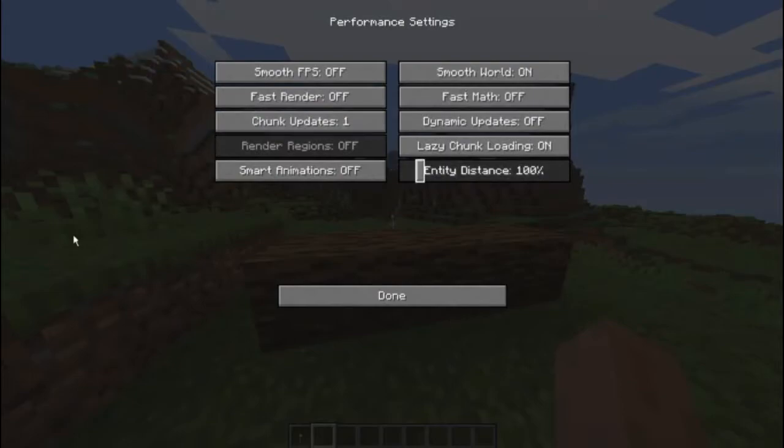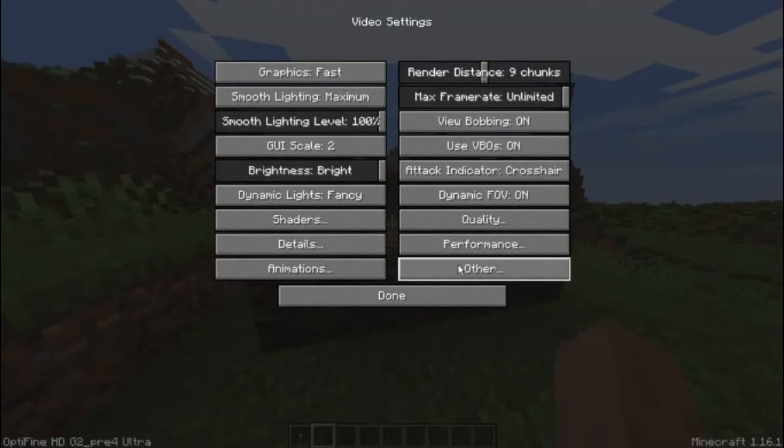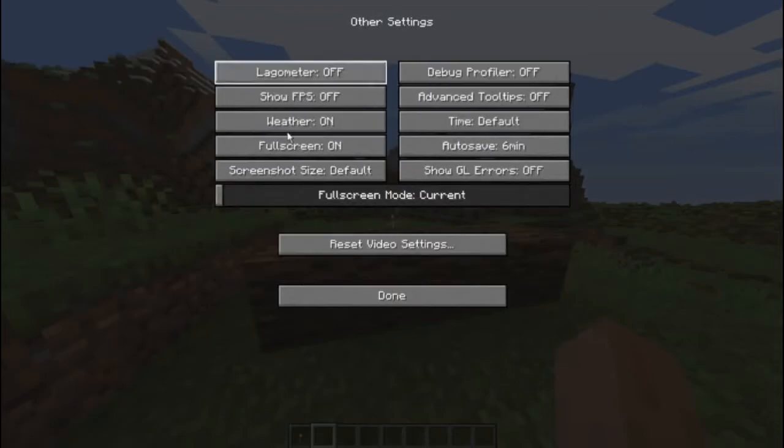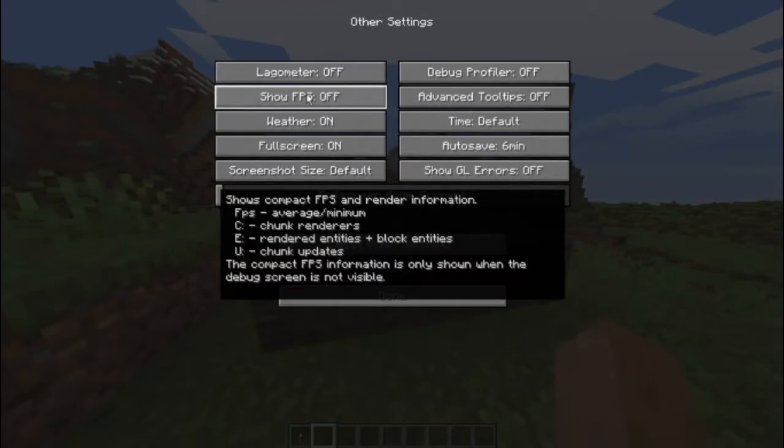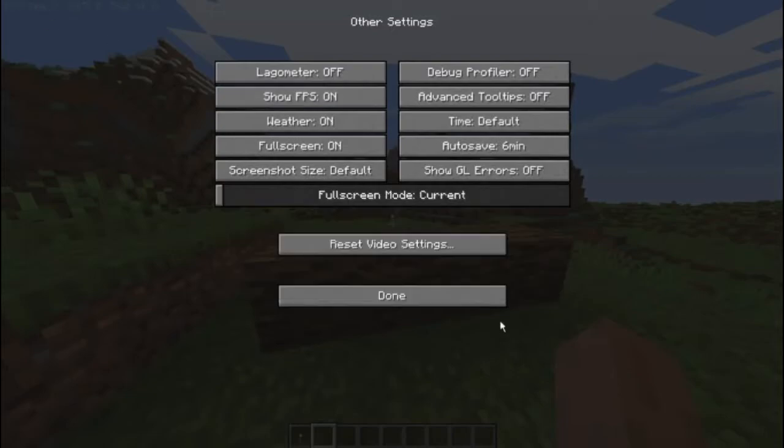And we have performance. I do not recommend turning all of these on and off, because they don't really make that much of a difference. If we turn on this smooth FPS, it will actually drop your FPS. So there are some cons to those also. And we have show FPS. If you want, you can show your FPS right here.